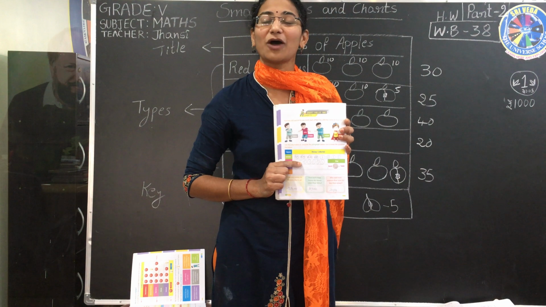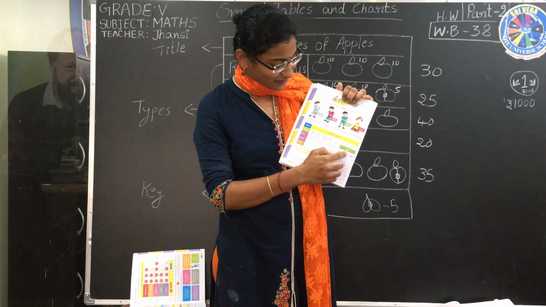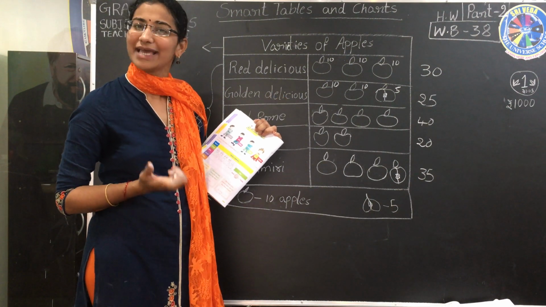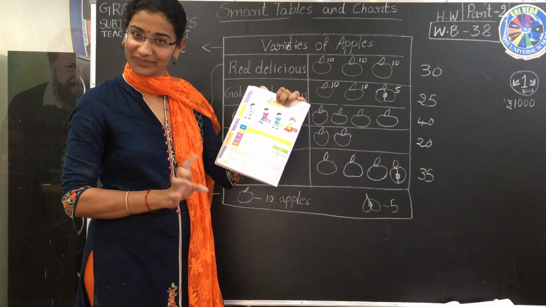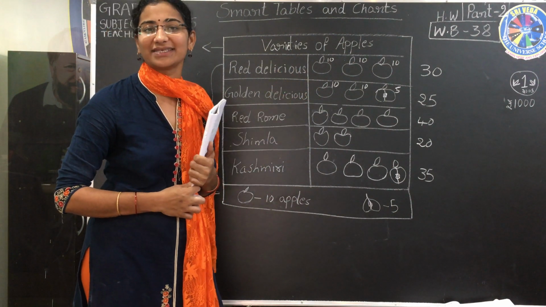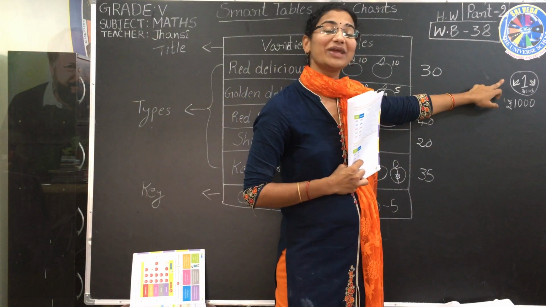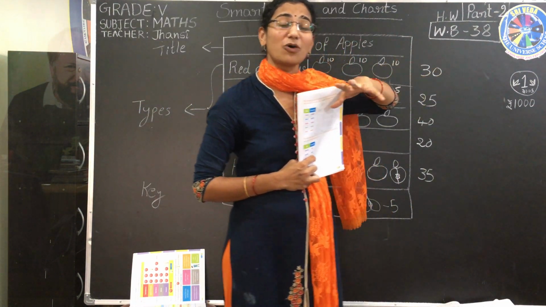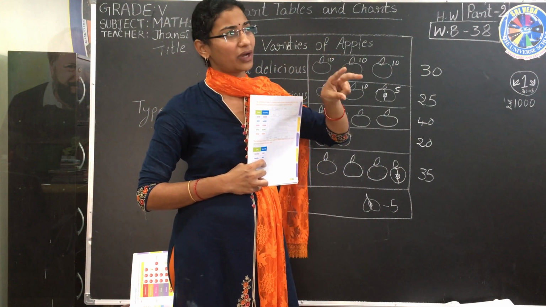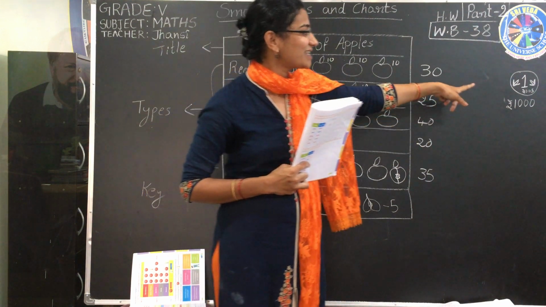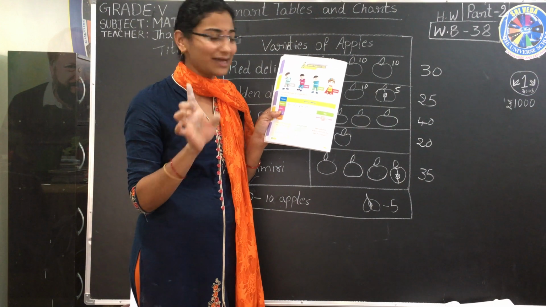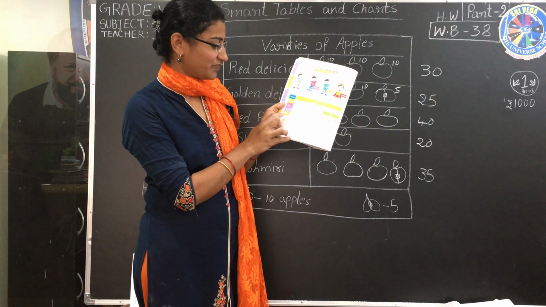Then Sanjay has 8,000 rupees. 8,000 is 8 into 1,000. So you have to draw 8 1-rupee coins for Sanjay. 8 coins is enough for the Sanjay box. Clear? Then John. John, 7,000 rupees. So how many 1-rupee coins do you have to draw? 2,000 means 2 coins. 4,000 means 4 coins. 7,000 means you have to draw 7 coins in this box. Clear? Like this only you have to draw for Anwar and Sindhu.